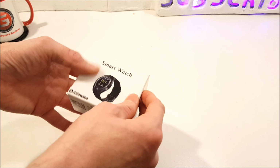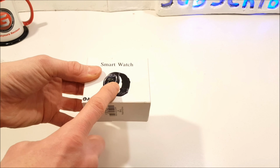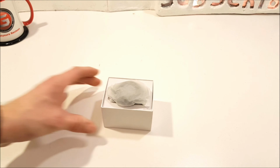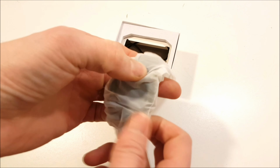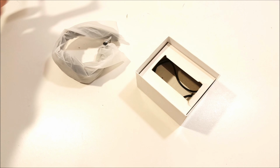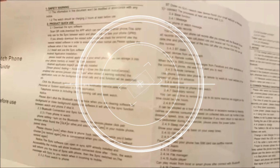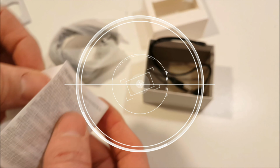Outside the box, everything is pretty much basic, with one main image of the watch itself to the top of the lid. Let's delve inside and we have the smartwatch, which is covered in a soft matte back and comes quite protected. There are also some instructions which are super duper small. I mean, you need to take a picture just to see them. No doubt, I'm sure I'll figure them out throughout this review. Also in the box we have this tiny micro USB to USB charge cable. And while looking back to the watch, taking it out,